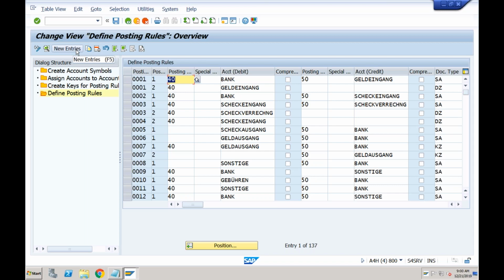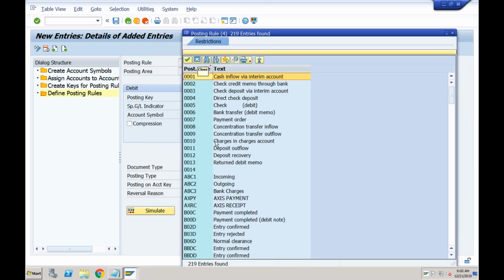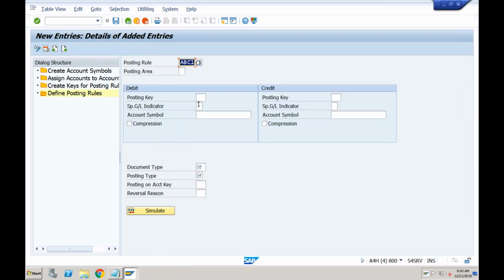Click on new entry once again. So the posting rules that we created just now, 3 posting rules, ABC1 for incoming. Here you are going to tell the system what is going to happen whenever you receive the amount in the bank statement. Which GL account will be debited, which GL account will be credited. So posting area should be